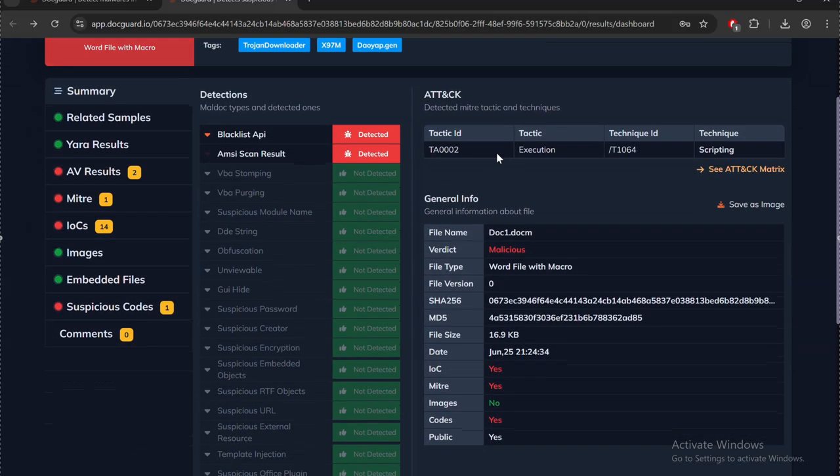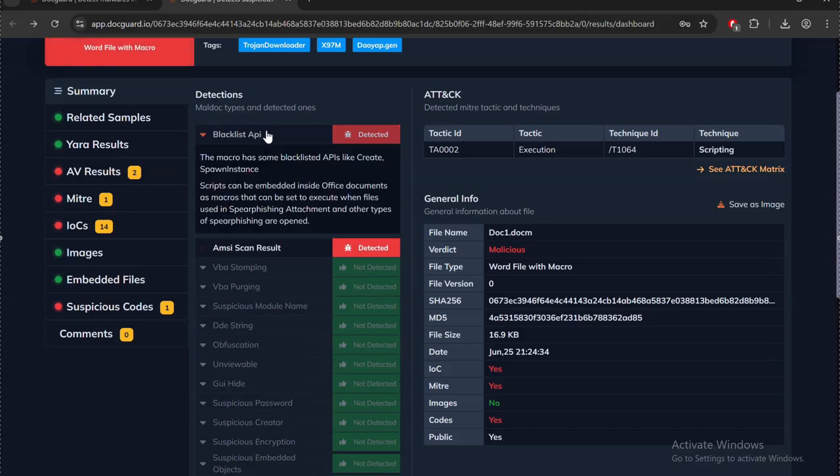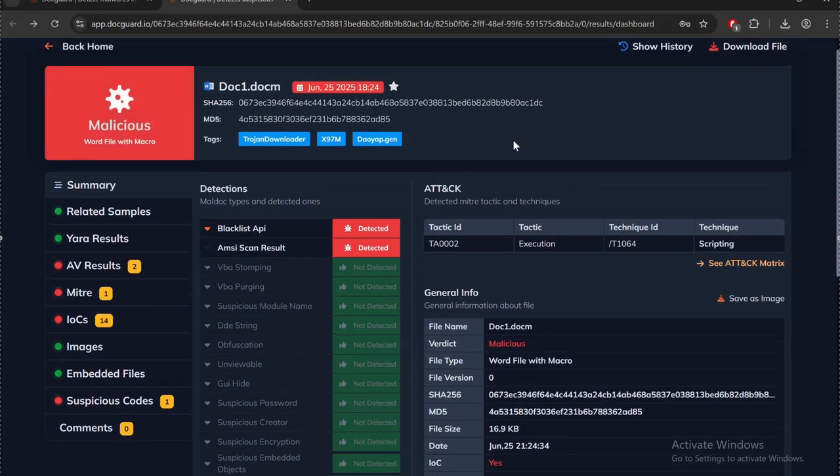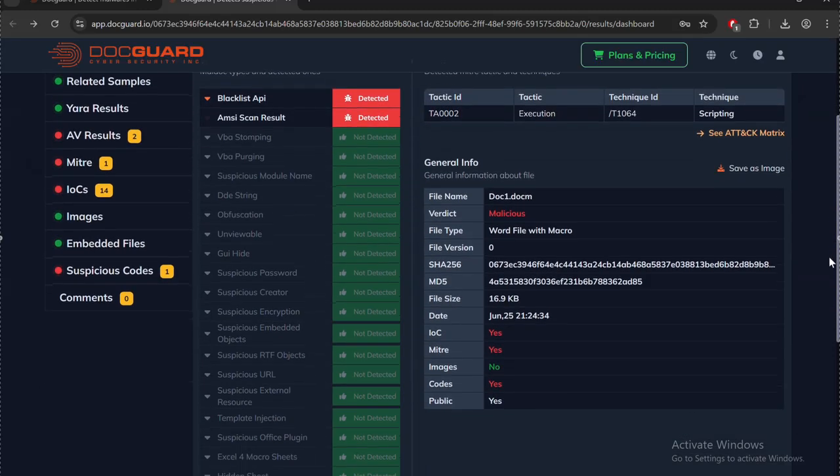In here we have a summary of all of the analysis. For example, we have a blacklist API, we have the AMSI scan result, and we have the MITRE ATT&CK framework, like TA0002 Execution, with the technique being scripting. Again, in here is general info like metadata, file name, verdict, file type, version, hashes, file size, the date,